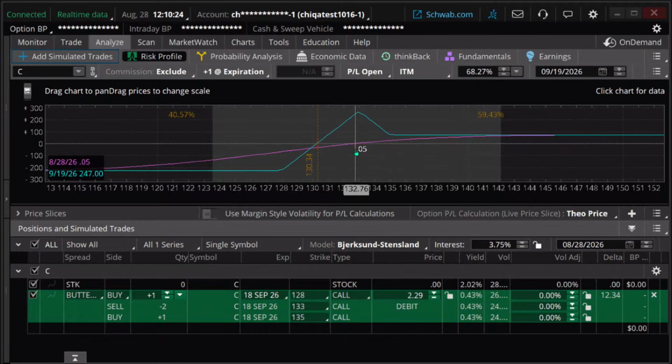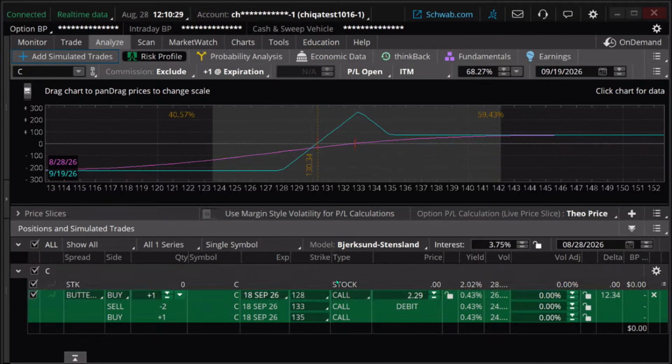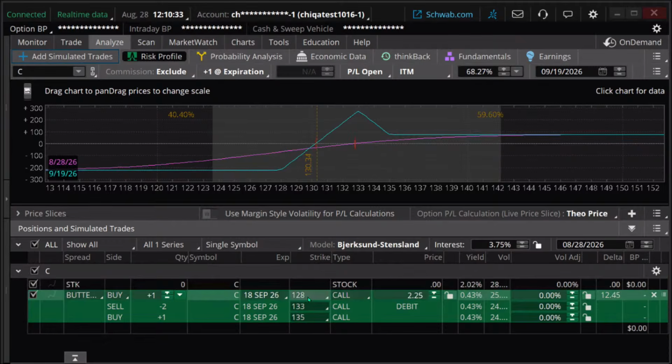But let me just summarize the initial thing. A normal, regular butterfly has equal distance strikes. A skewed butterfly, we're going to tweak them up. A normal butterfly usually, not always, but usually has a decent reward to risk, but a lower probability. Okay, positive theta, negative vega. Let's look at a different example.